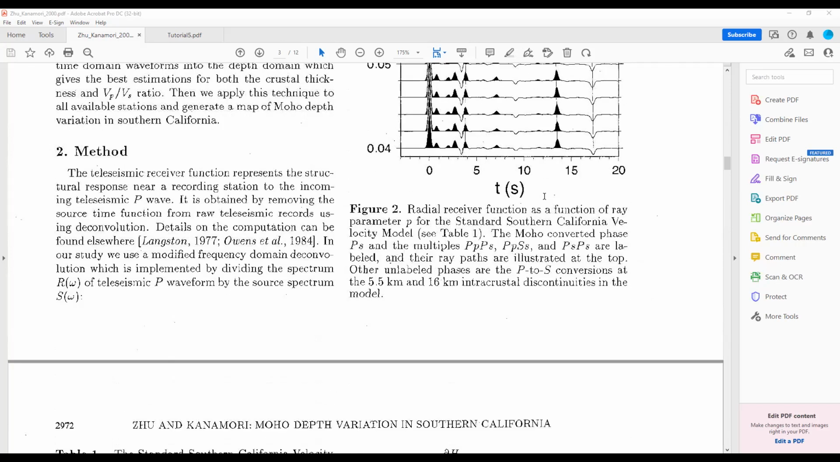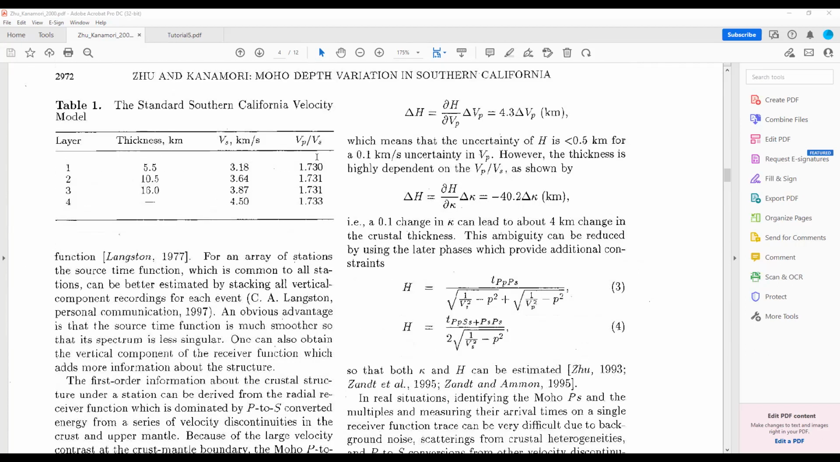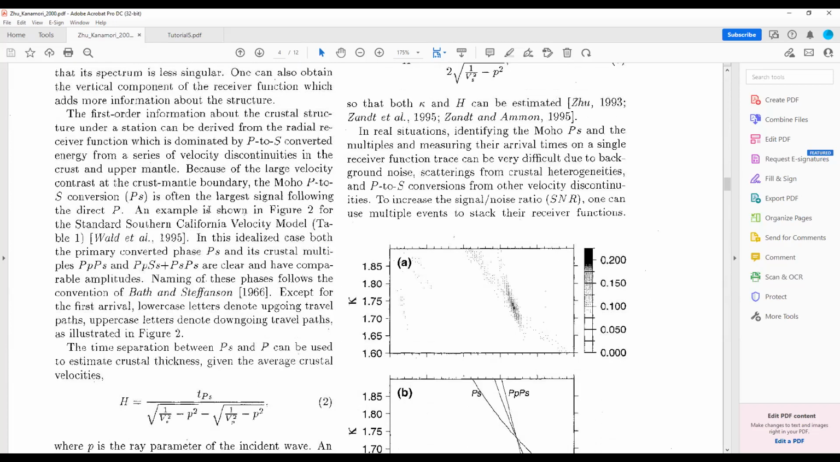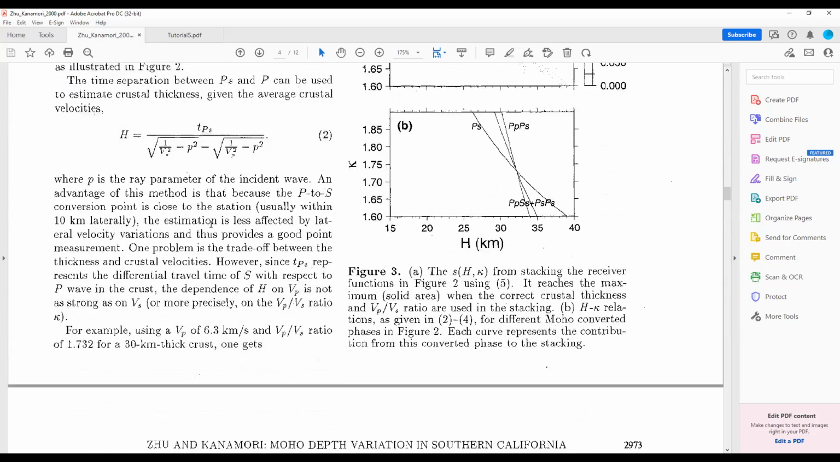And using the inbuilt velocity model, like the standard Southern California velocity model. And the velocity model looks something like this, for which they have computed the synthetic receiver functions. And then using these synthetic receiver functions, after applying the H-kappa stacking, they try to estimate the Moho thickness and